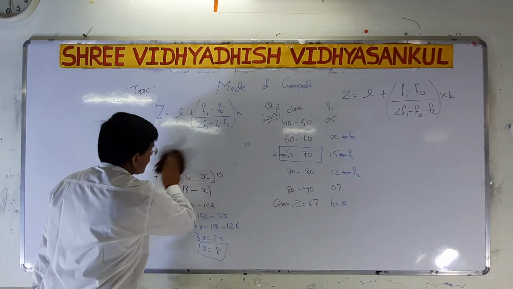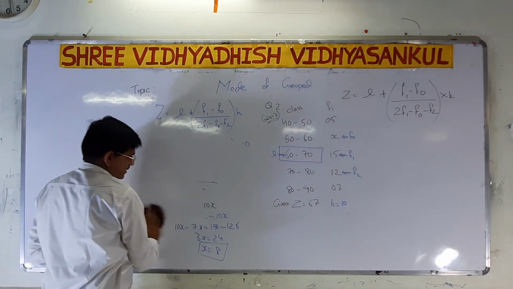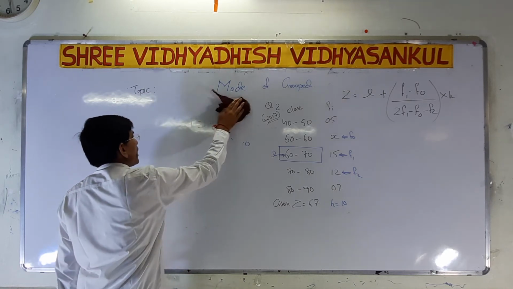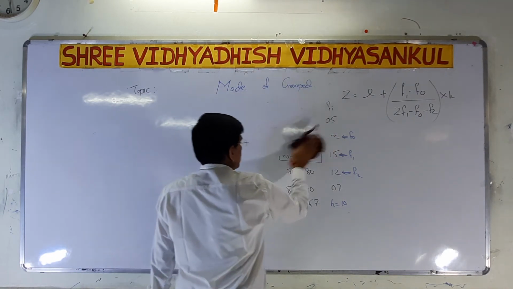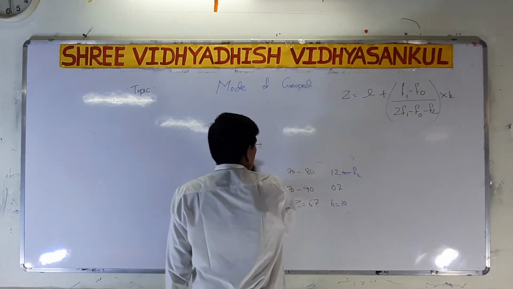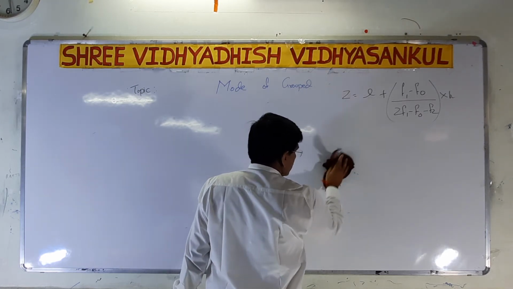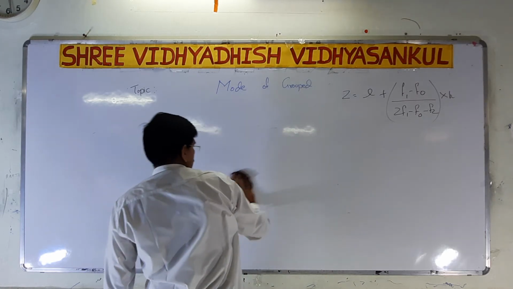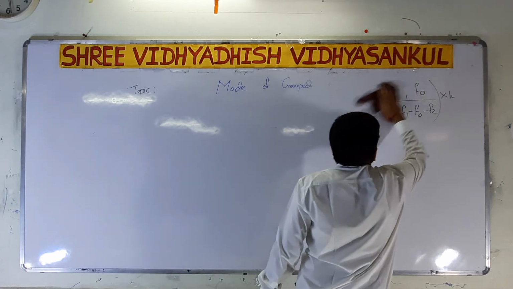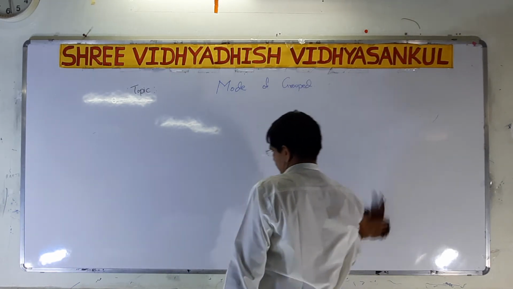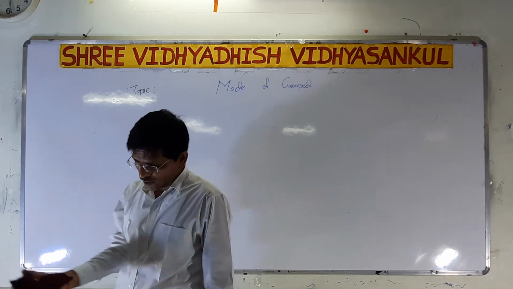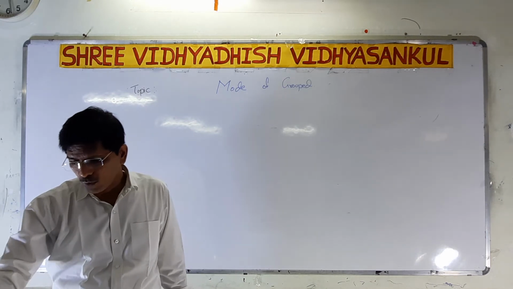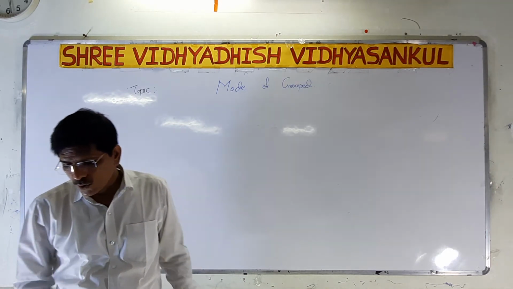Now, in your text, some questions are such that we have to find out both mean and mode. So when the two types of sum are mixed, mean and mode, then you have to do it by the step deviation method for the mean, and for the mode you have to write this formula Z is equal to. So I am writing one sum here, and then you have to try this sum by yourself, and we have to find out both, that is mean and mode.